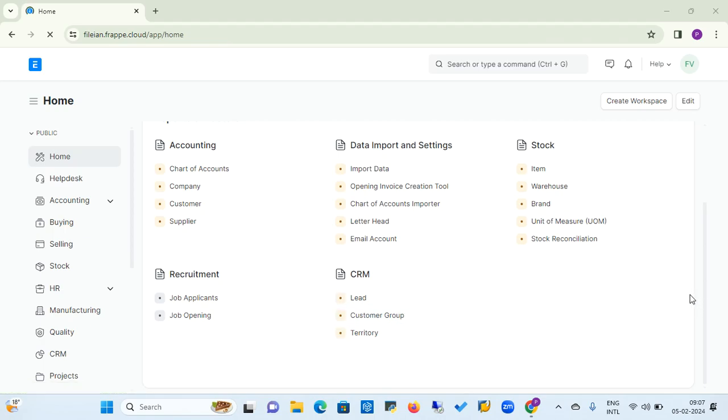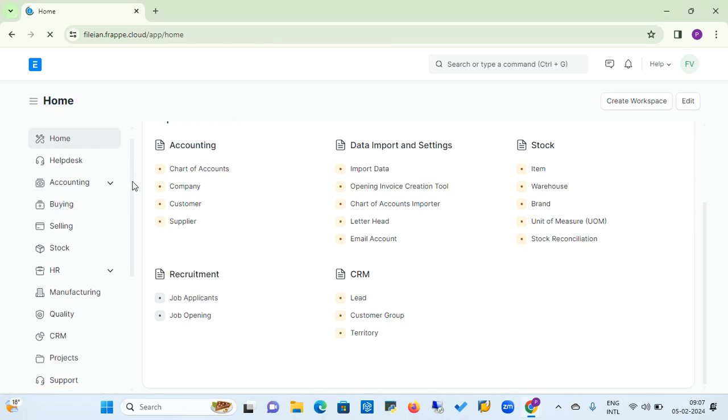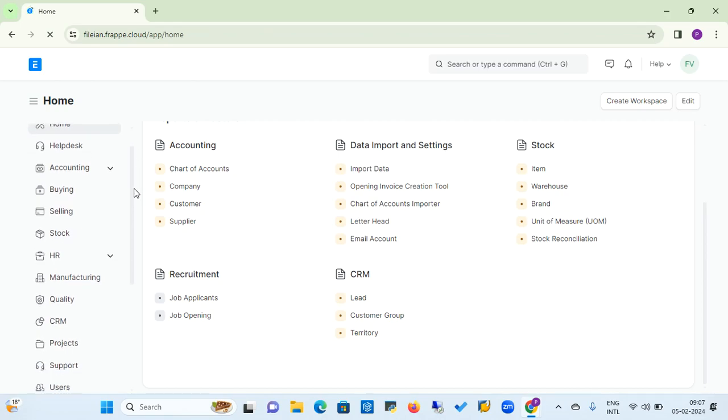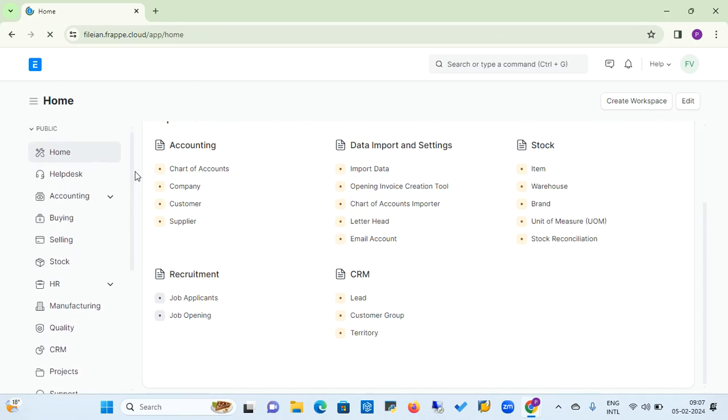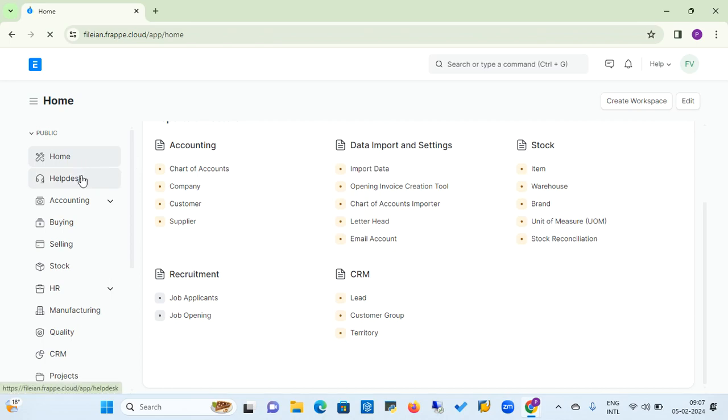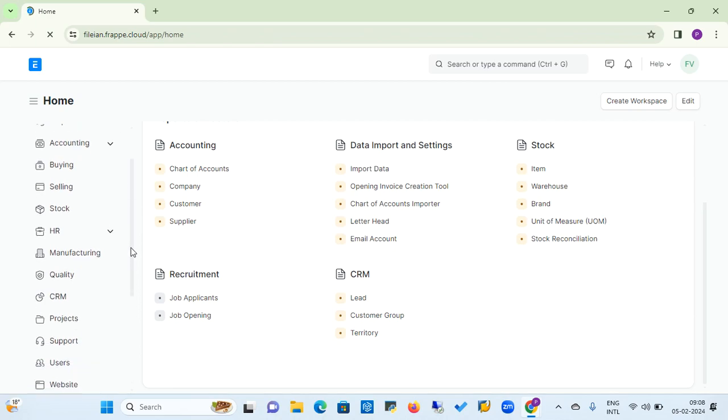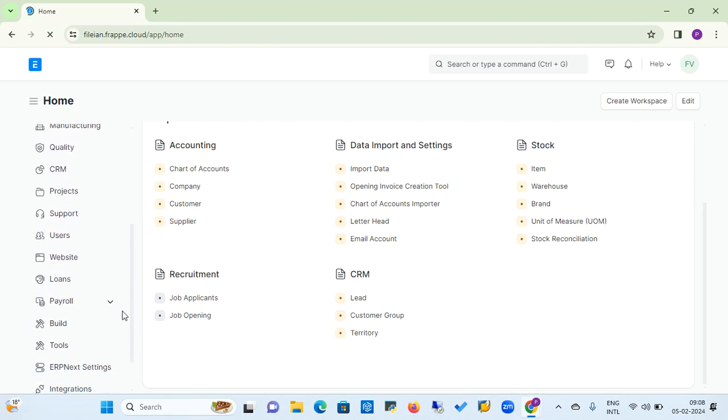So today's topic is the buying module. So let's go to the buying module. And one more thing you will observe on your left hand side: there is a navigation bar for all the modules like home module, help desk, accounting, buying, selling, stock, human resource, then manufacturing, quality, CRM, project, support, user, website,